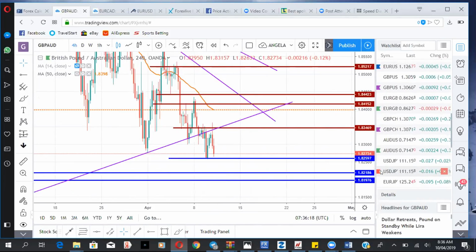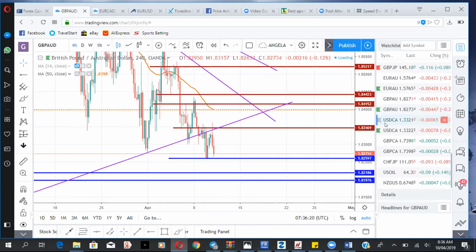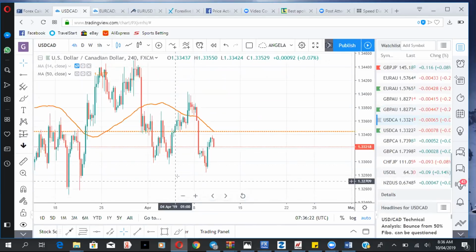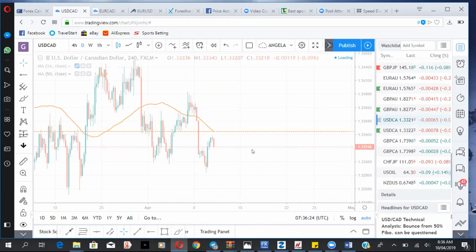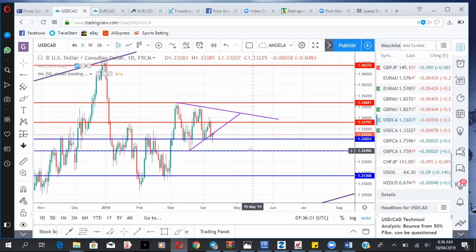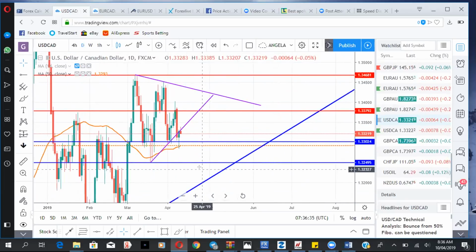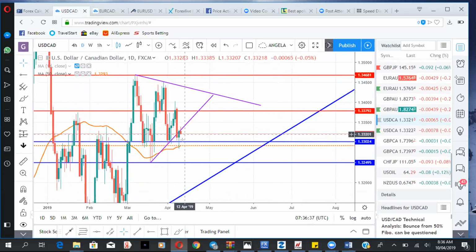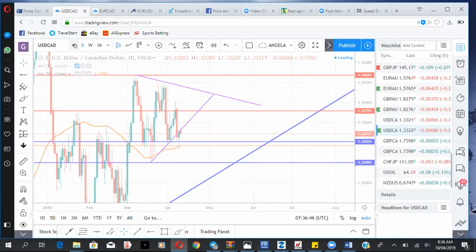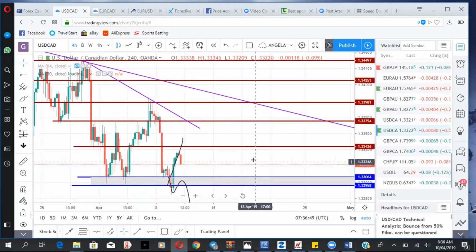So the next pair we'll be looking at is the USDCAD. Looking at the USDCAD from a daily point of view. Yesterday's candle closed as a bullish candle with a long lower wick. It's almost a hammer, but not a full proper hammer per se. But off the support and the daily 50 SMA. So if I drop down to the intraday chart, what do we have there?